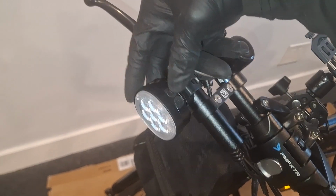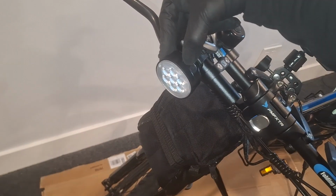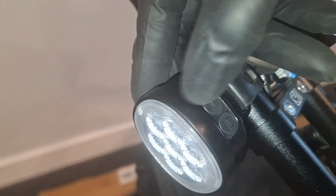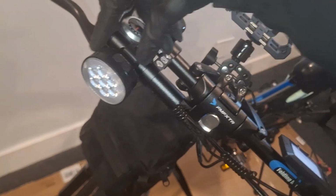You get different modes. It goes on. There's an outer ring that lights up. And you press it fast a couple times, it does that. Make yourself visible at night so you can see and be seen. There's two buttons on top here. The first one, it's the outer ring. And the second one,